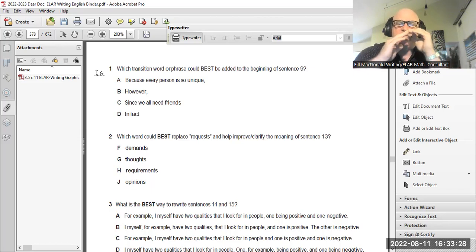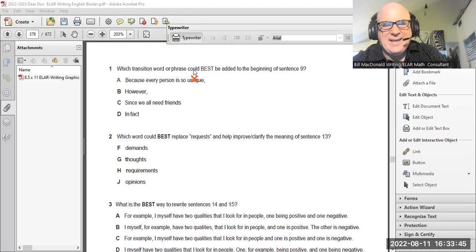Well, if people are so unique, then what I'm guessing here is if people are that unique, maybe it's going to be almost impossible. So I will put a question mark here, meaning that we could pick the answer,